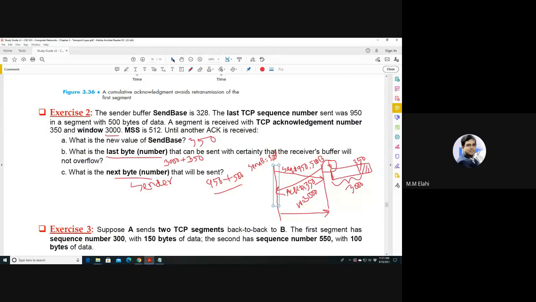Okay. Let me remove this and go to one particular example, then we will go for the